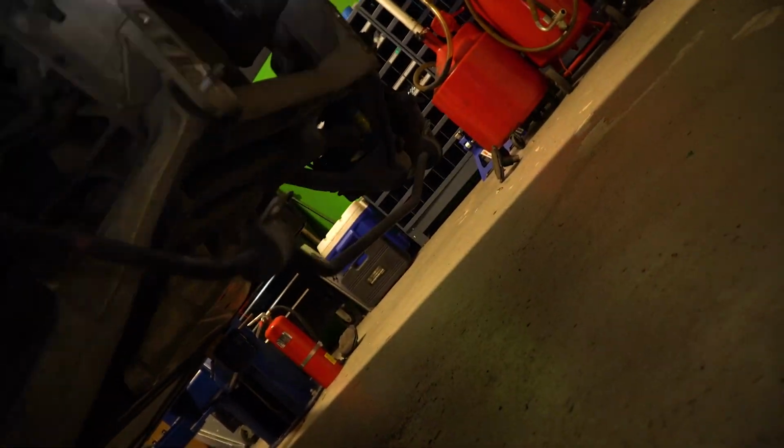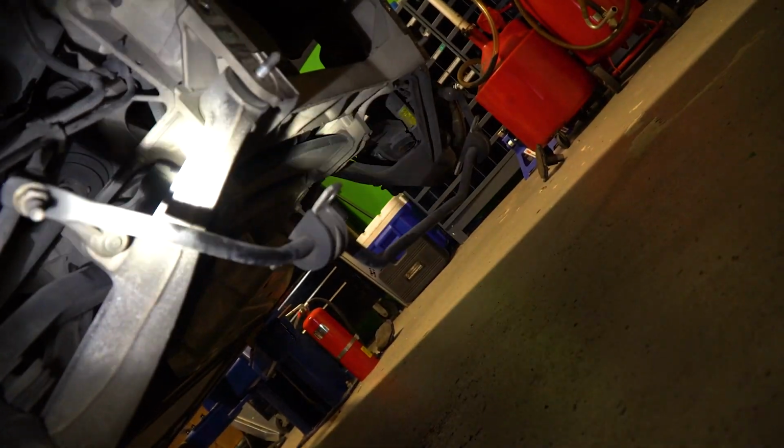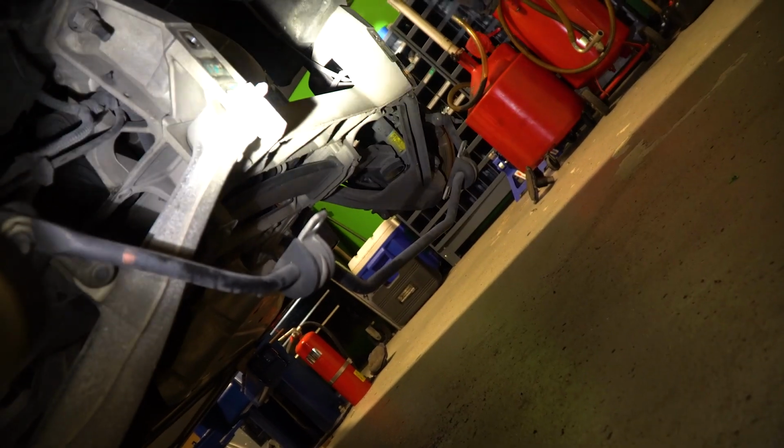Dropping the exhaust, we ended up doing the sway bar because it's a lot easier to loop the exhaust around by dropping the sway bar. So everything is set in the rear. We just have to